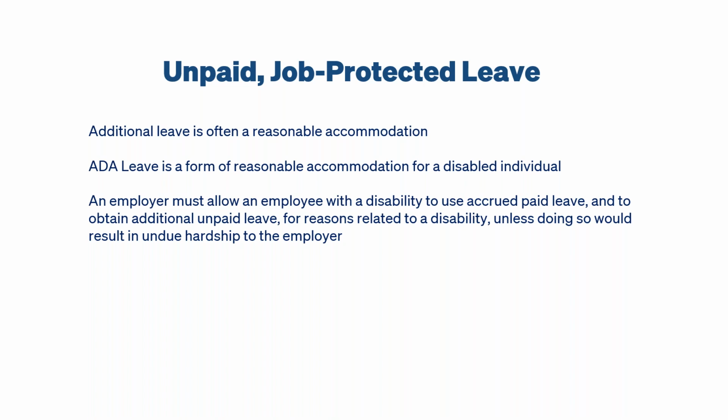Leave from work to receive disability-related training. If someone gets a service animal and needs to take leave to train with the service animal, that would be something that would be an accommodation. To make repairs to equipment or devices, they need to get their accessible vehicle repaired. You would allow absences from work for that. That would be an accommodation.